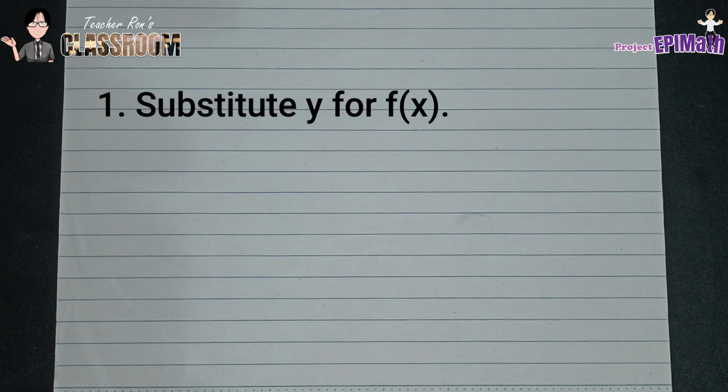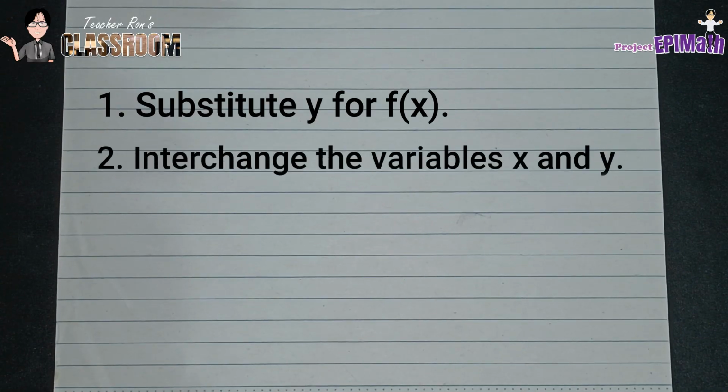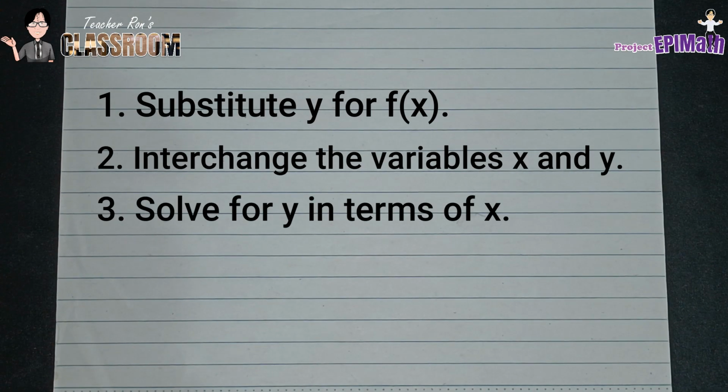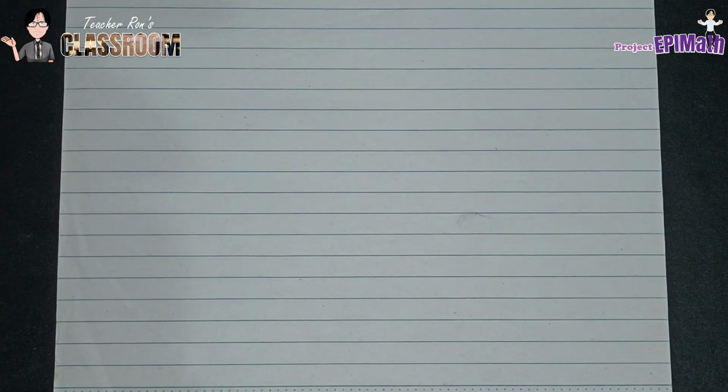Step number 1, we're going to substitute y for f of x. Step number 2, we will interchange the variables x and y. And then step number 3, we will solve for the new y in terms of x. And then we will write the answer using the inverse notation. Okay? So for example,